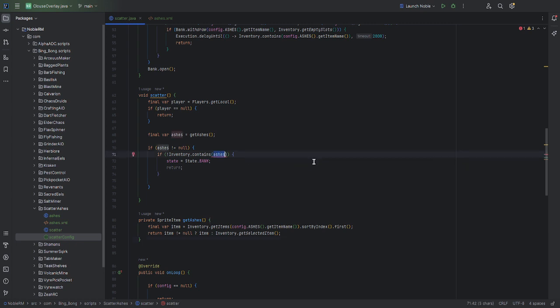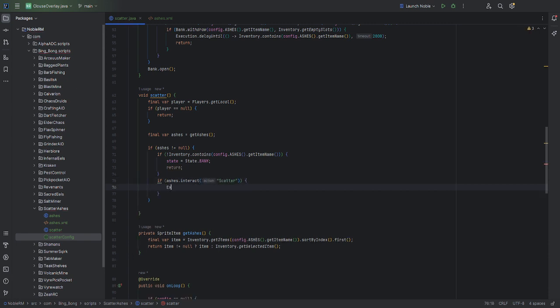So let's rename get ashes. Inventory contains, so I would need to change this now to the ashes getItemName, state bank. So now in here we just interact, and it would be scatter to interact with them,